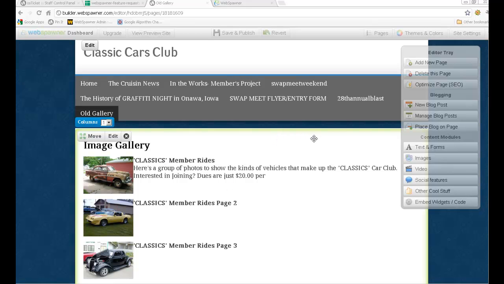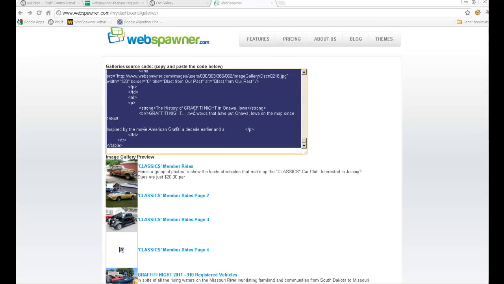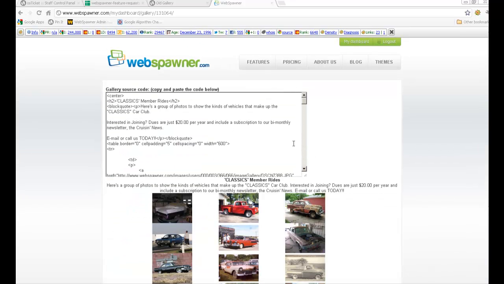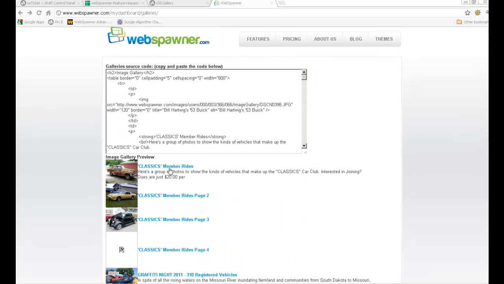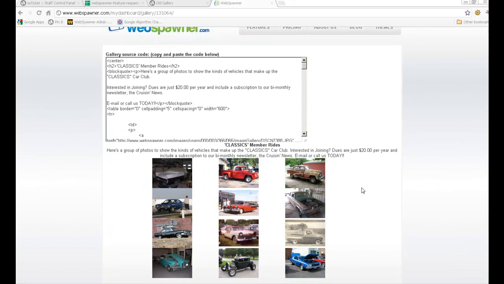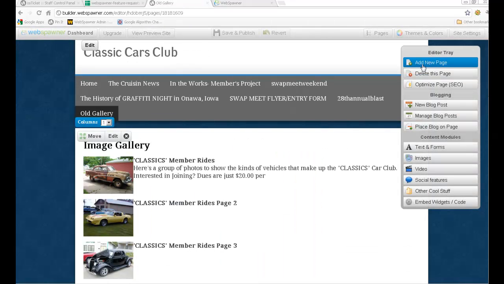So the next thing that you need to do is recreate these pages, the sub-gallery pages. So I just clicked over to that first one. Let me show you that again. This top one, the Classics Member Ride. I'm going to click that, and I'm going to go to the sub-gallery, and this is where the final gallery pictures sit. So I'm going to go back to my website, and I'm going to create a new page,